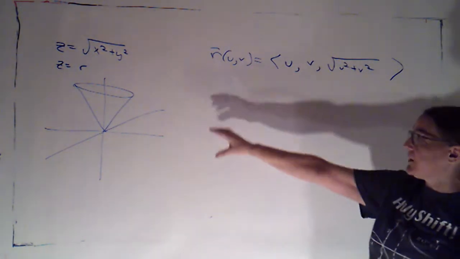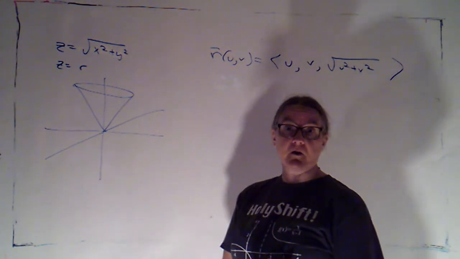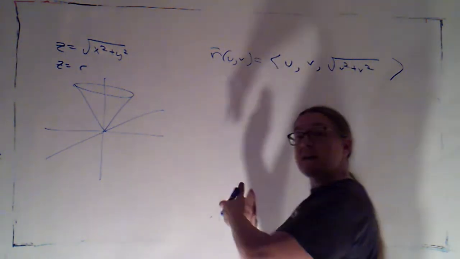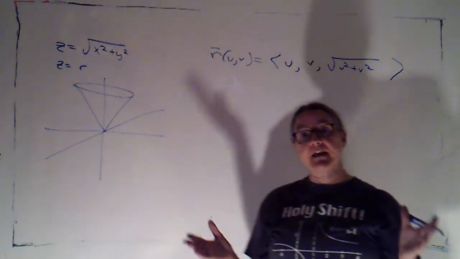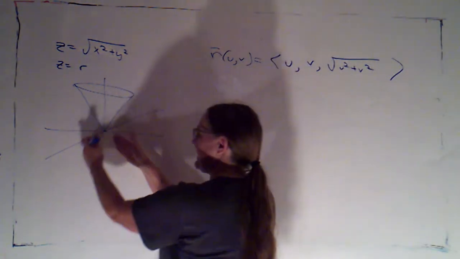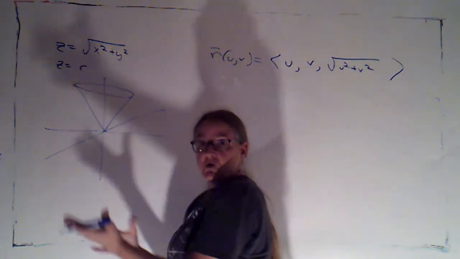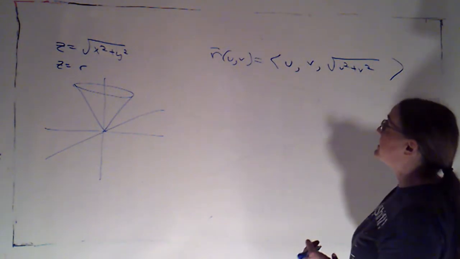Particularly if I'm working, well, in this case, it would have to be with the restriction that r is bigger than 0. So when I was defining the domain of this transformation, I would have to restrict r to being non-negative. If I didn't, I would be getting a double cone here. But I can do that. Okay? I can say r is going to be bigger than or equal to 0.